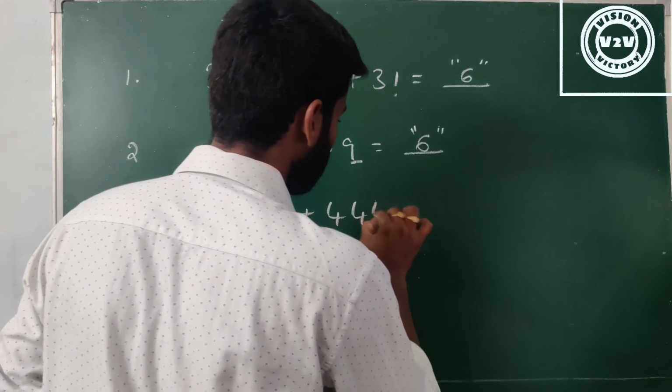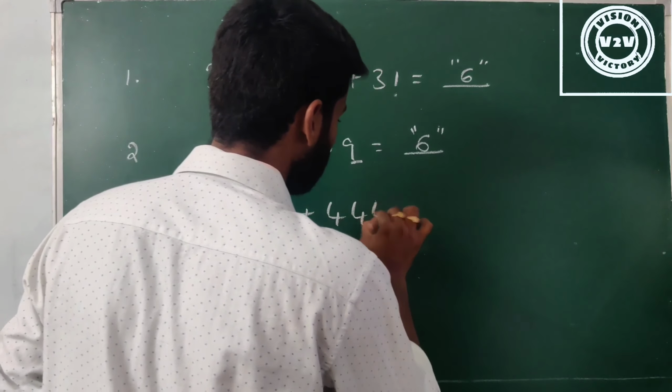Okay. The second model of questions is related to finding the units place position based on power values. What are the power values? If we consider this sheet, for example, we know that 1 power 1 is always 1, and 1 square is 1. 1 power anything, the units place position will always be 1.